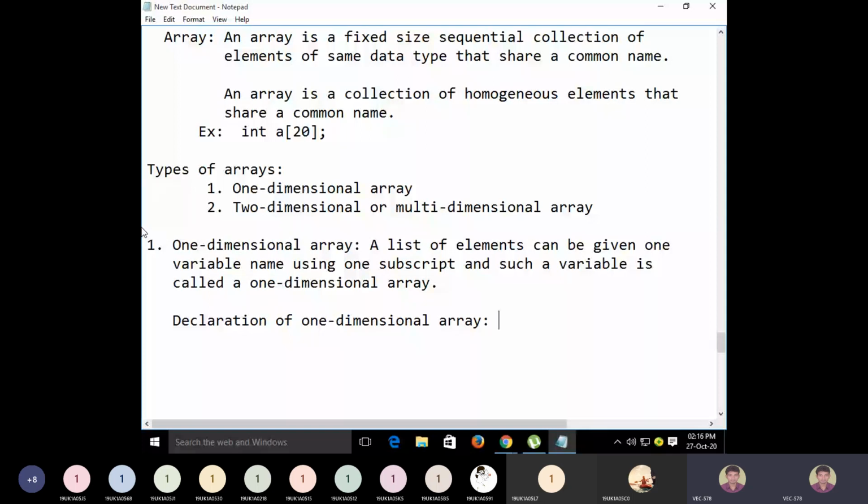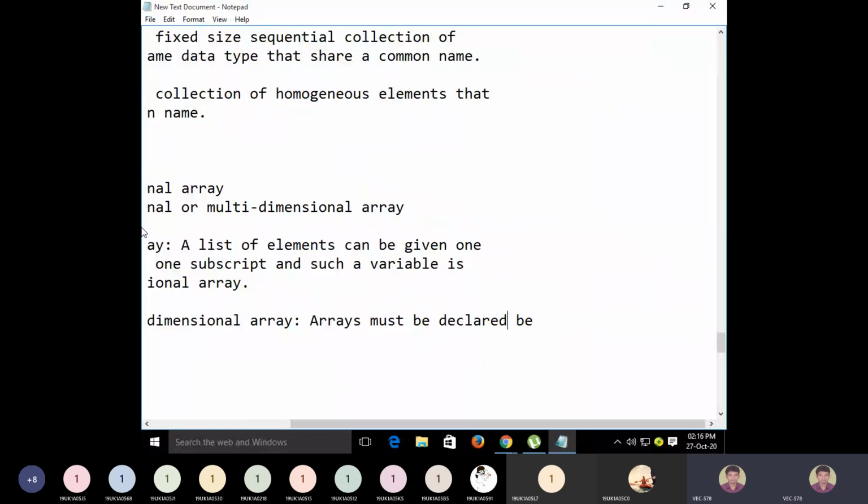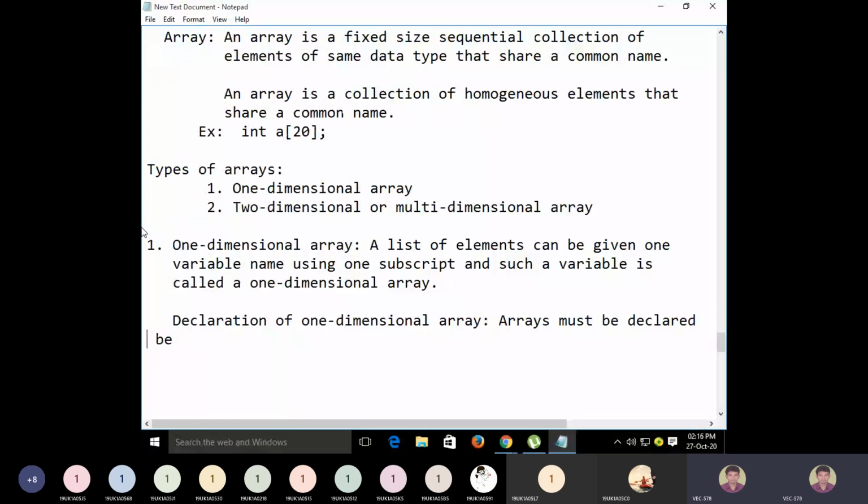And please remember, arrays must be declared before they are used, otherwise the compiler gives error.